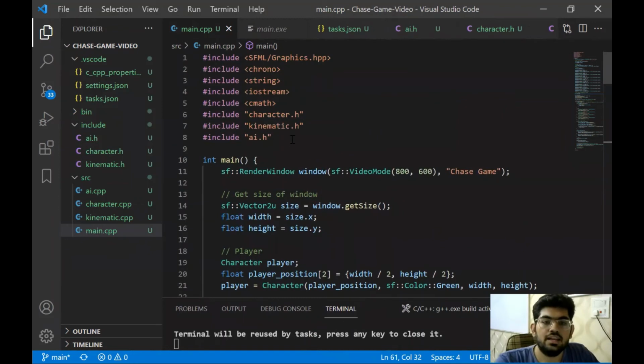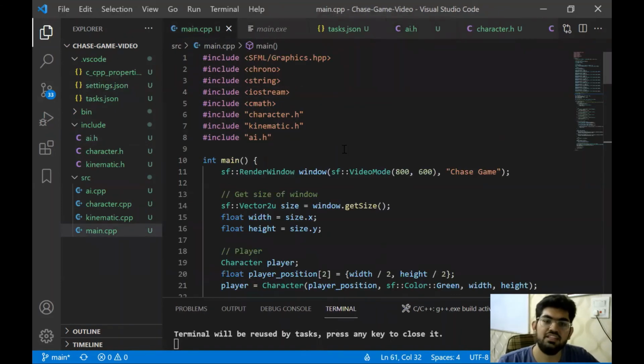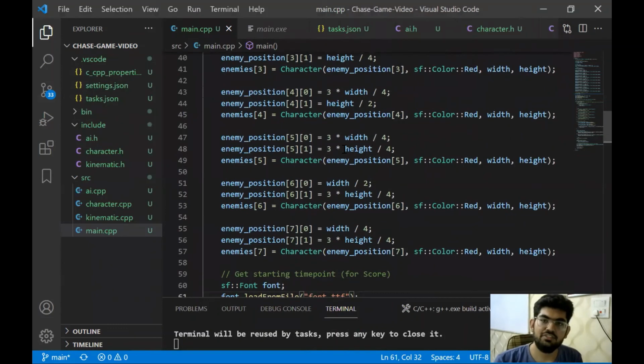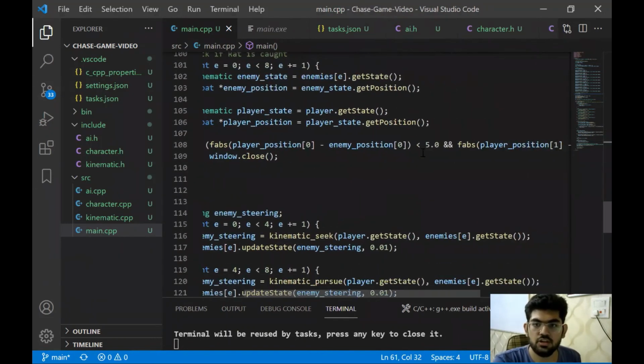Now, there are various ways we can improve over this simple application that we made. Some of them would be adjusting the AI to varying difficulties. One way we can increase the difficulty is by increasing the max prediction time and max speed. Also, we can reduce the offset that we have that compares the distance between the two.